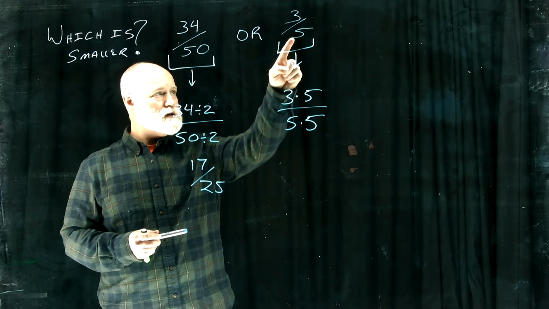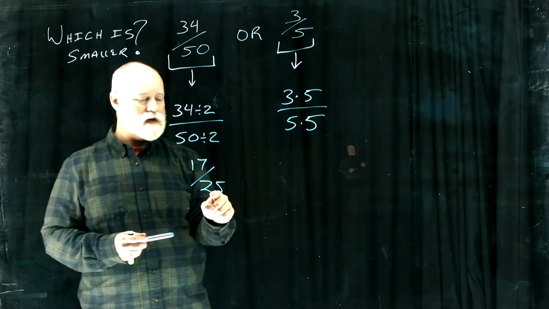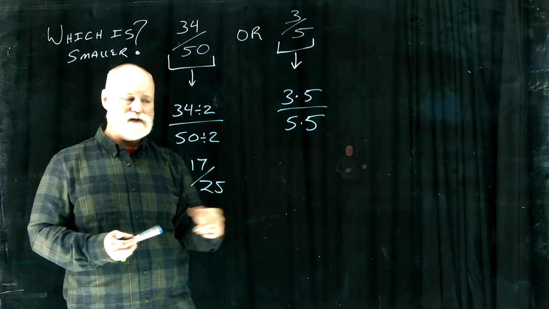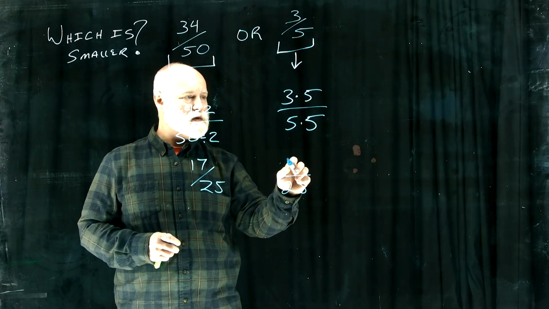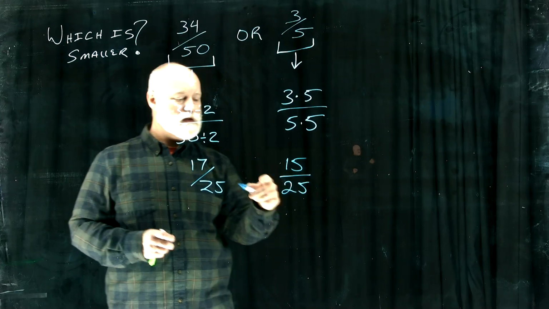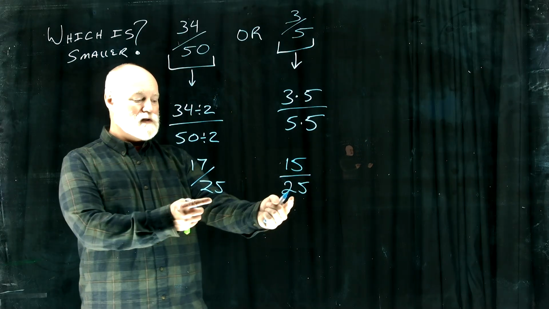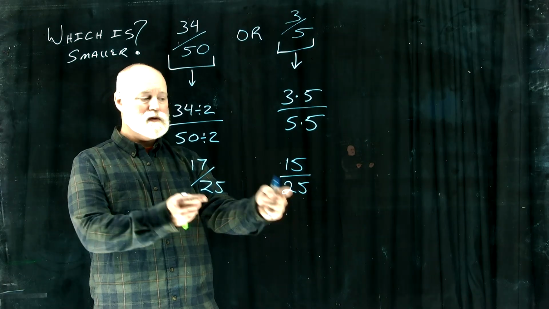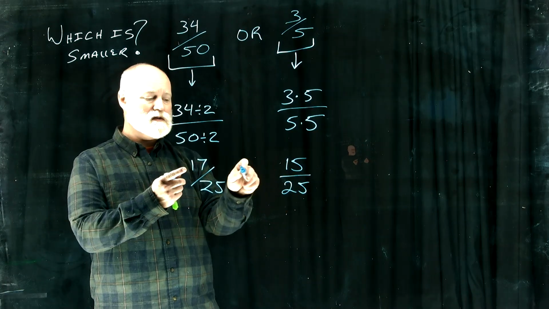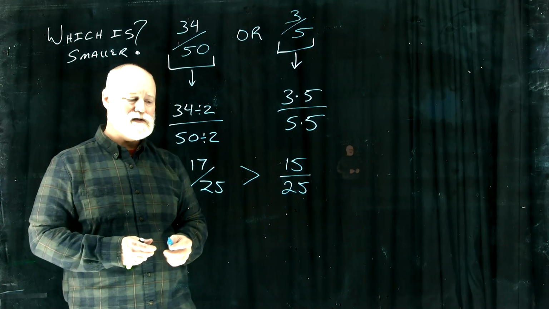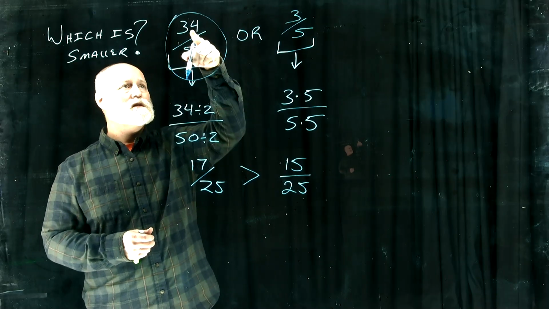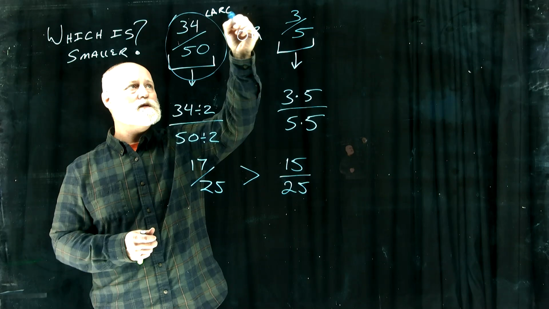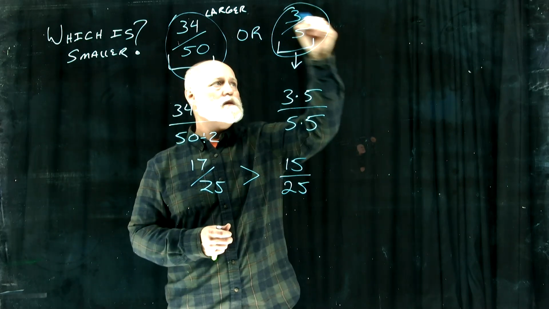And I recognize that I have 5 there, and if I do 5 times 5, I get 25. And then the denominator is going to match, right? So this denominator becomes 25, the numerator becomes 15, and now I can compare them. Now the parts are the same, so now I can compare the pieces. I see 17 is larger than 15, so that tells me that this is the larger one, and this is the smaller one,